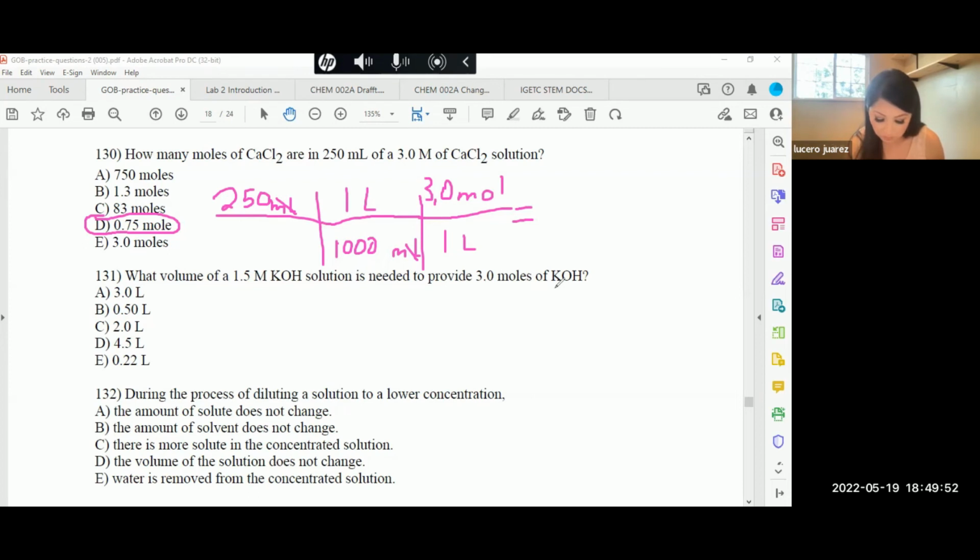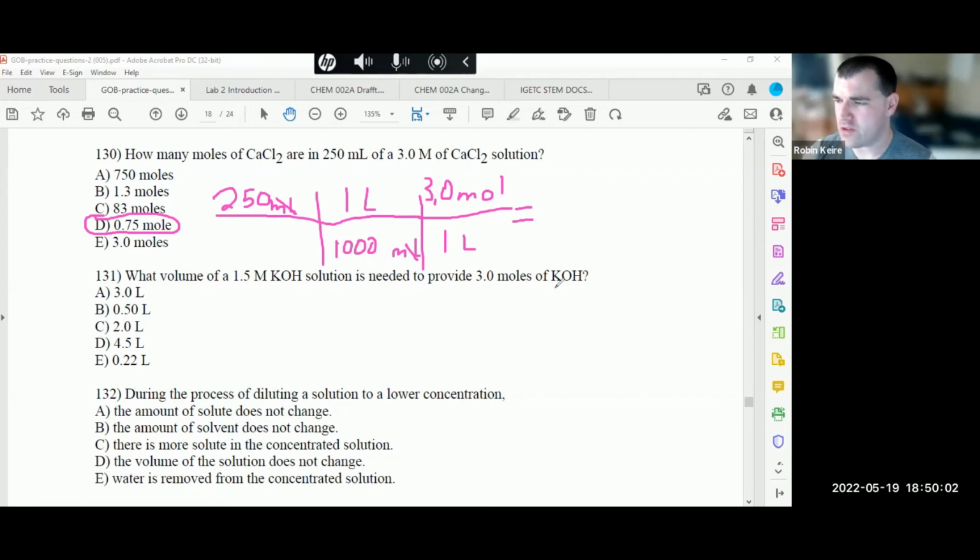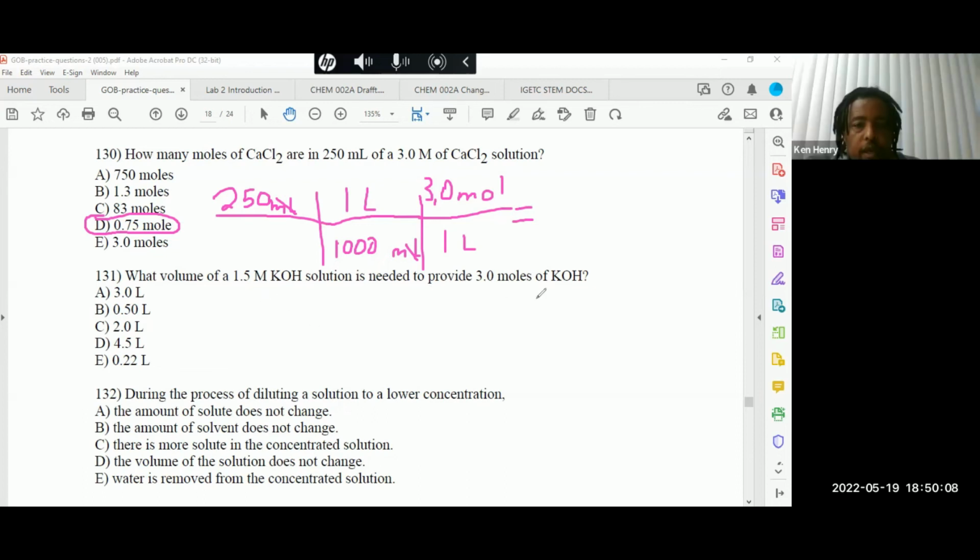So it's asking for volume. Oh, would it be 2 liters? Okay. So we would start off with what's given. This is going to be used as our conversion. So we have 3.0 moles. We know that